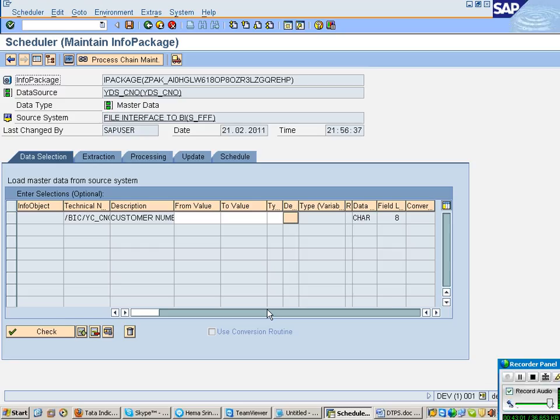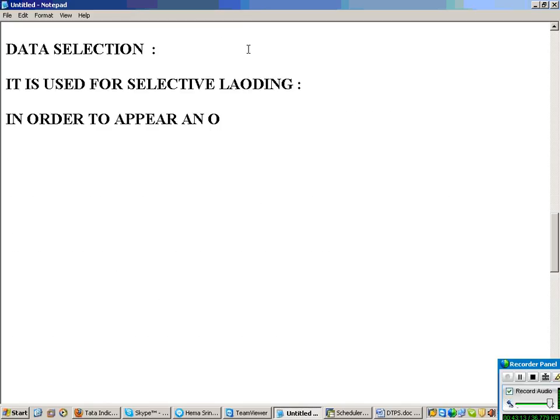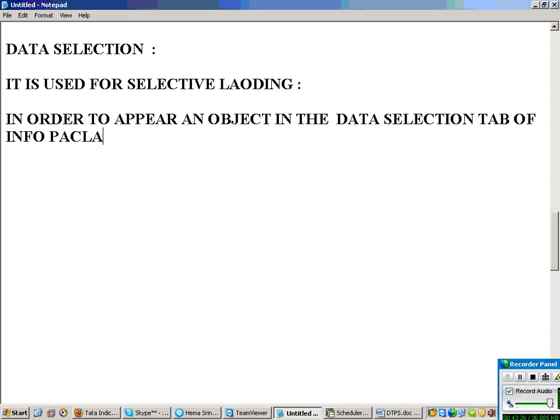So now what I have to do, see, in order for an object to appear in the data selection tab of the info package,